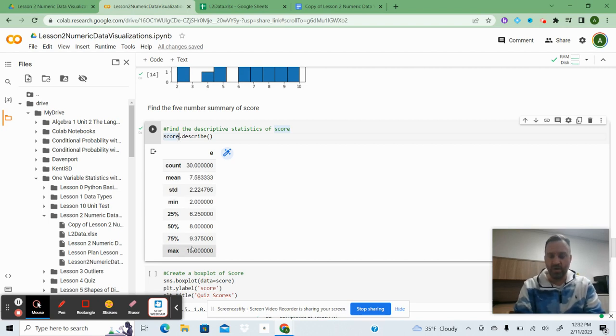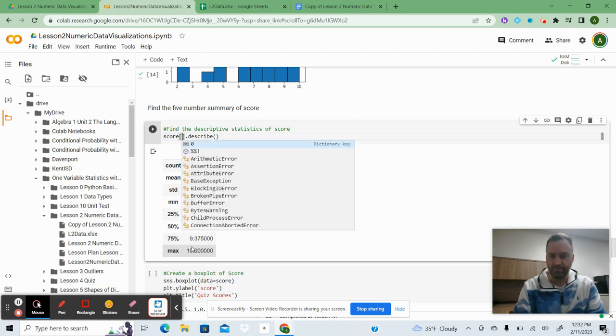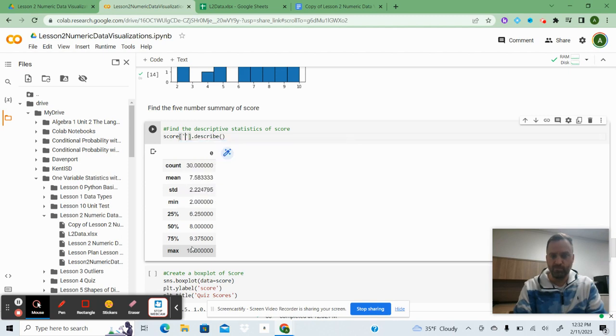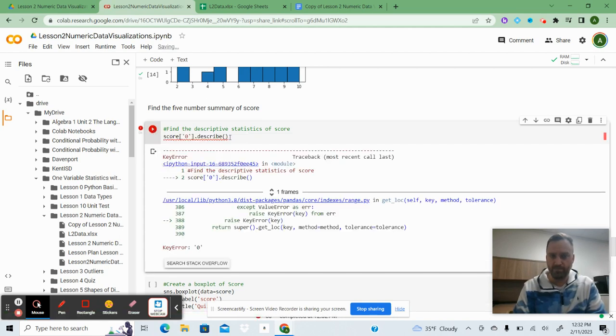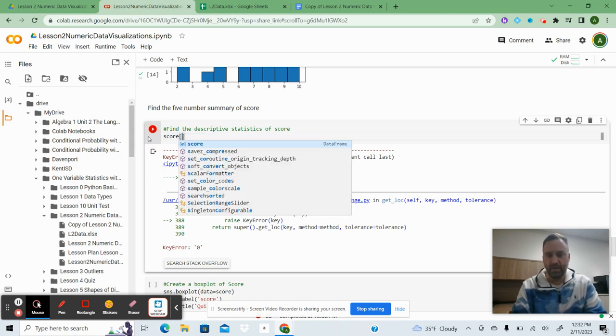I would do score of, we want the 0 column. So let me put that in, score of